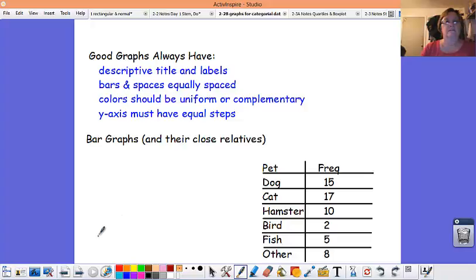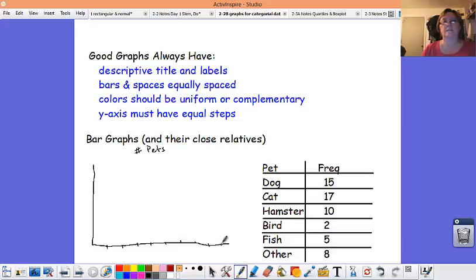To make a bar graph of this, I don't know about you, but I do know me, and I need to have a y-axis and an x-axis if I'm drawing freehand for sure. These are number of pets, maybe is a good title for this. Along the x-axis, we're going to have 1, 2, 3, 4, 5, 6 bars. So I'm going to try and set out markings that are equally spaced